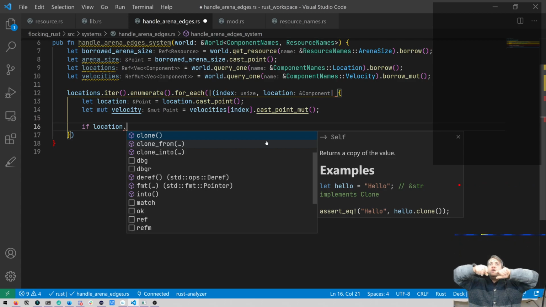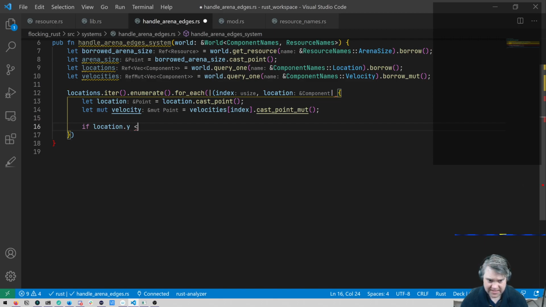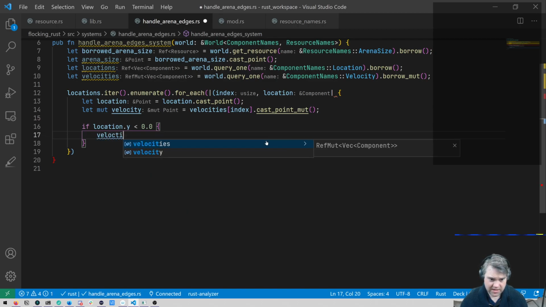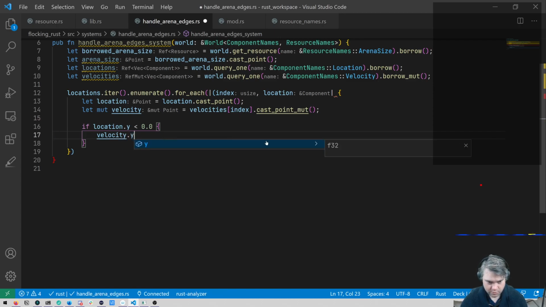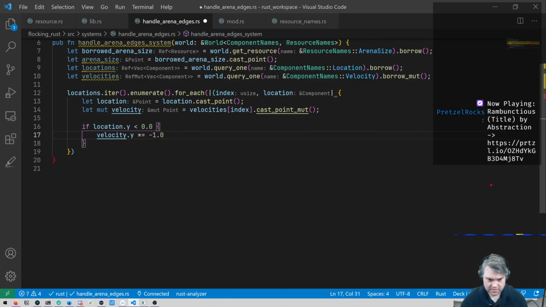It doesn't really matter. So if we're at the top, so if location.y is less than, we know, is 0.0, okay, then we want to tell the velocity for this. So velocity.y *= -1. Okay. Else